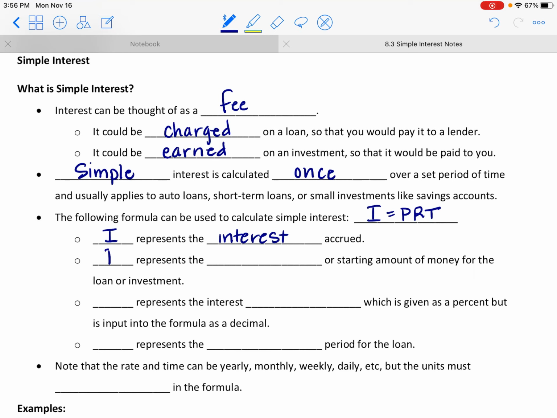P in the formula represents what we call the principal. And the principal,